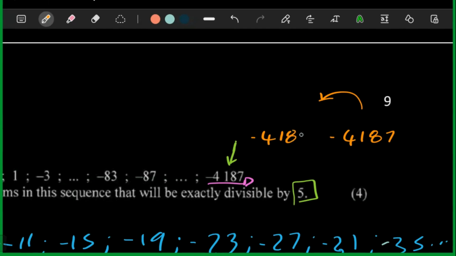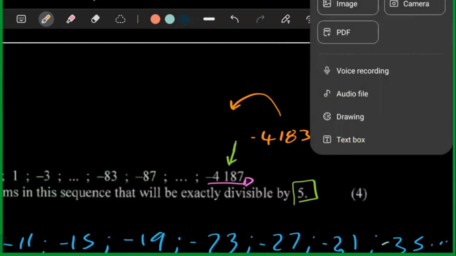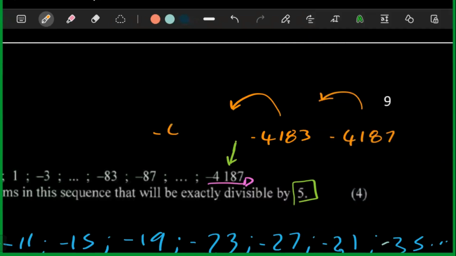-4,183. This is not divisible by 5. So you have to go back again. You see, so let's add another 4. Add another 4. This is -4,179. So you go back again, right? Let's see here, +4. This is -4,175. So a situation like this one, you can see that